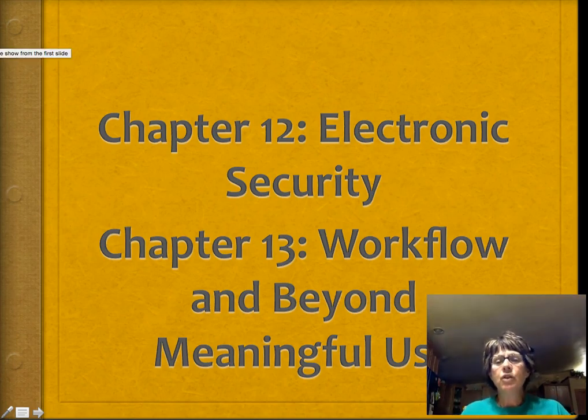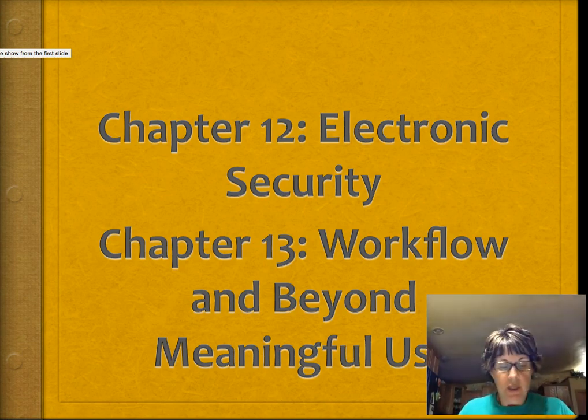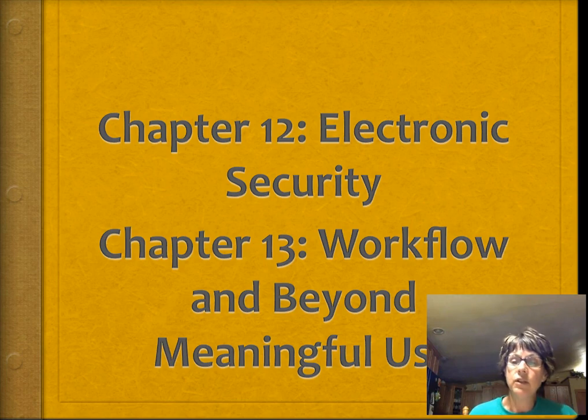In this presentation, we're going to talk about electronic security and workflow and beyond meaningful use. We're really going to explore just a few electronic security issues most of you know a lot about as you work in healthcare. We're also going to look for ways to secure information on the computer network and various ways that we authorize the users of these information systems and authenticate their reason for being in whatever program or doing whatever they're doing, and some methods to anticipate and prevent typical threats to network